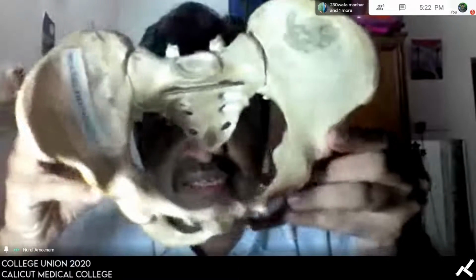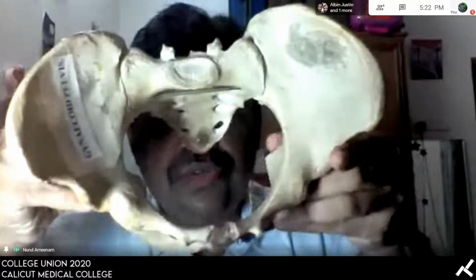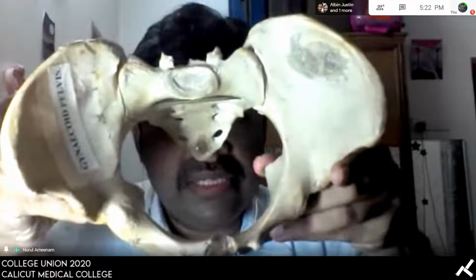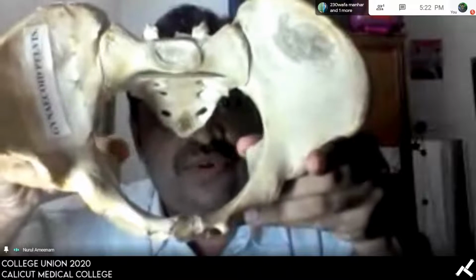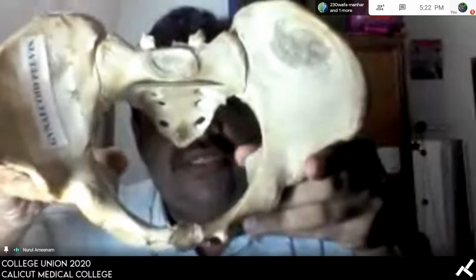You can see this. I'm actually showing it inside. So this is the ischial spine. Ischial spine is a very important landmark for the obstetrician. There are two ischial spines here. So this ischial spines area or plane is what is important, which determines the obstetrical